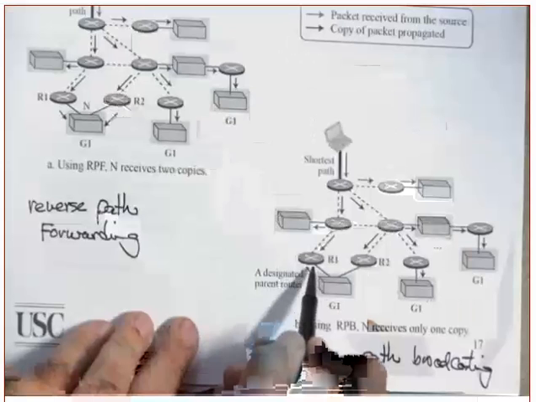This is based on a group shared tree concept. A center or core node called the rendezvous node is first identified for the multicast group. Routers belonging to the multicast group will unicast a join message addressed to the core node. A host interested in receiving this multicast group sends a join message to the core. Clear? A unicast, not a broadcast, telling him that I want to join the group. This one also.